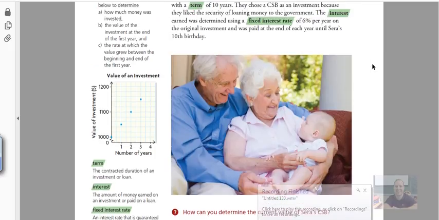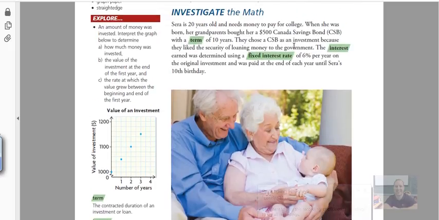All right, so as we continue here to read this little story, the fixed interest rate. Okay, so the interest rate. Now, obviously, we talked about interest. The rate is basically a percentage of the money involved, and it's fixed here in this case. That means this percentage doesn't change over the term, and it's paid on the original investment, and it's going to be paid at the end of each year until